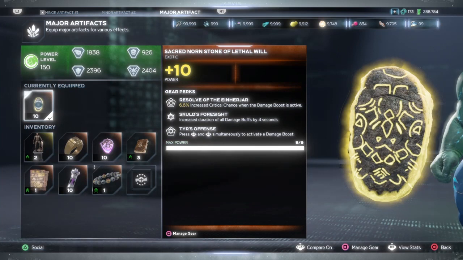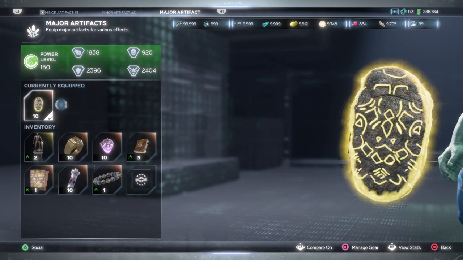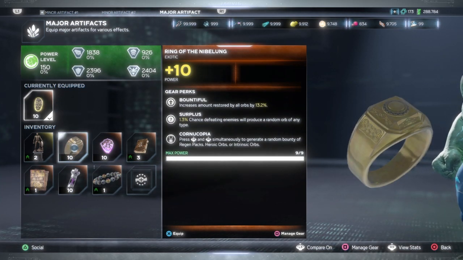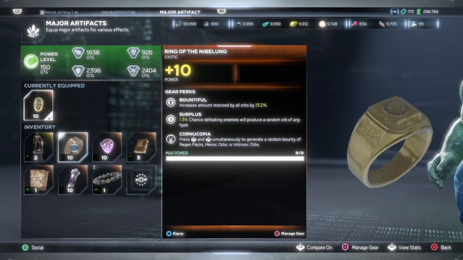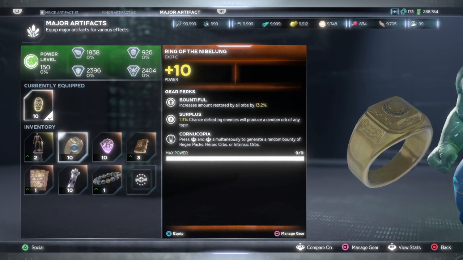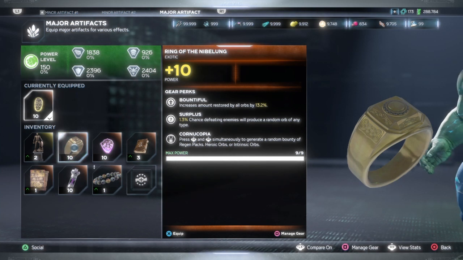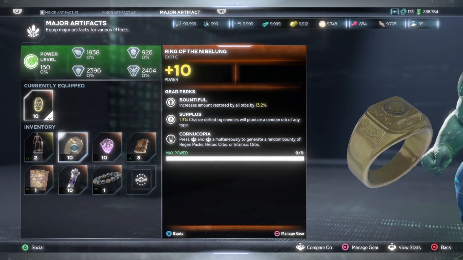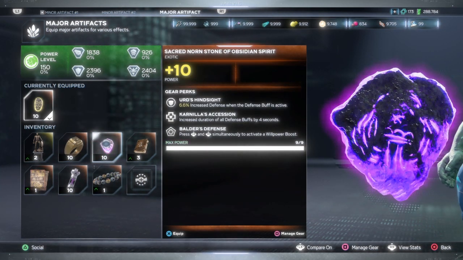But there's so many orbs being dropped from this build that you should probably go with the ring. It's probably better to go with the ring, to be honest. The ring is so good. Or if you really want to feel like immortal Hulk, you want to go with the Obsidian Spirit,